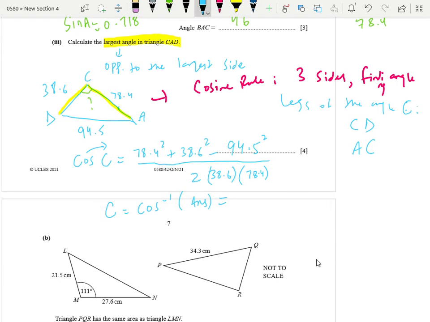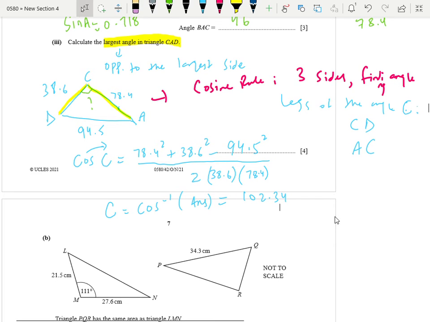78.4 squared plus 38.6 squared minus 94.5 squared, and divide this whole thing by 2 times 78.4 times 38.6. And then do not forget to take cos inverse of this answer, and that gives me 102.34 as my final